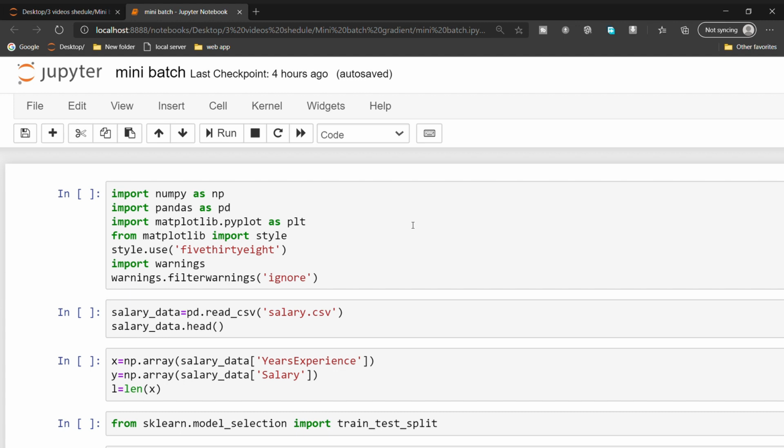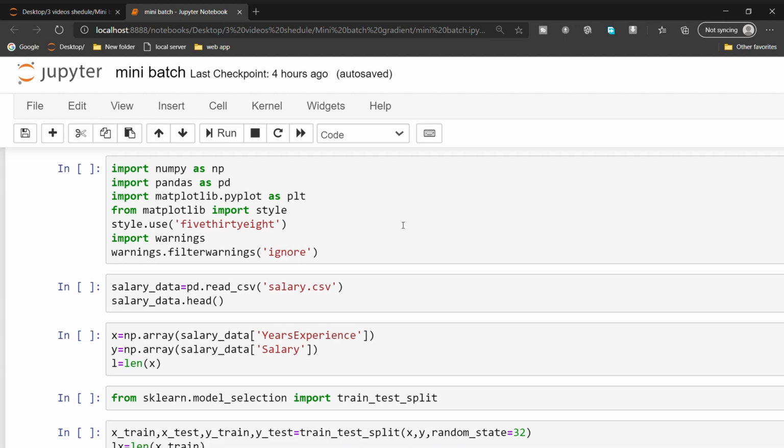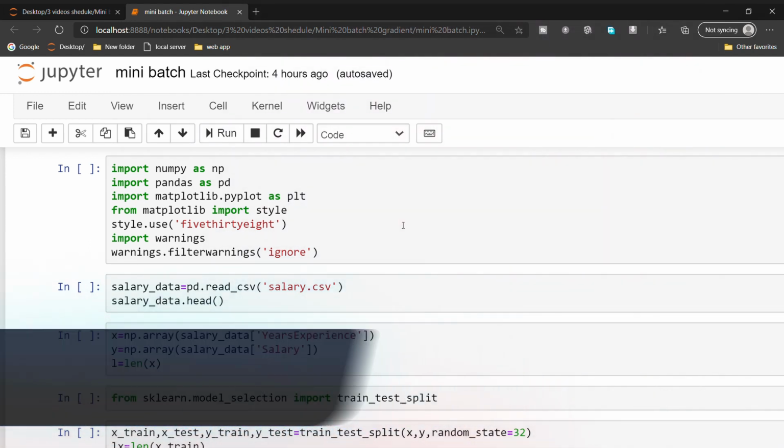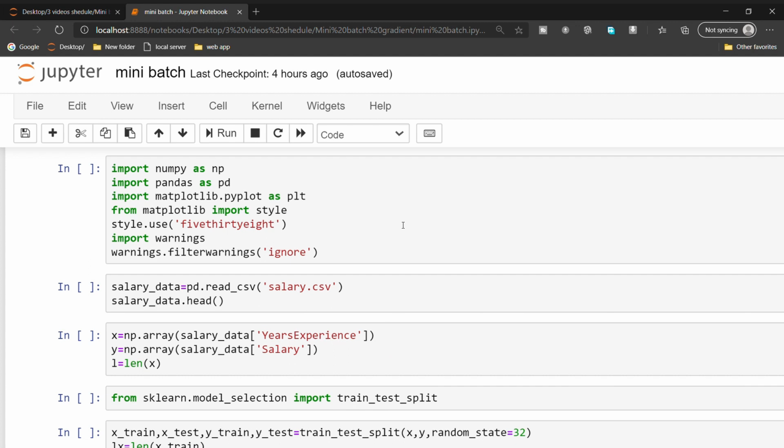So now we are in the Jupyter notebook. There is a small difference between stochastic gradient and mini batch gradient. In stochastic gradient, we update the gradients after each instance. But in mini batch gradient, we take one batch from the dataset, pass that to our model, and calculate the gradients. We update the gradients after every batch. This helps us when we have a large data set, so we don't run out of memory on our system. So we can overcome these problems.